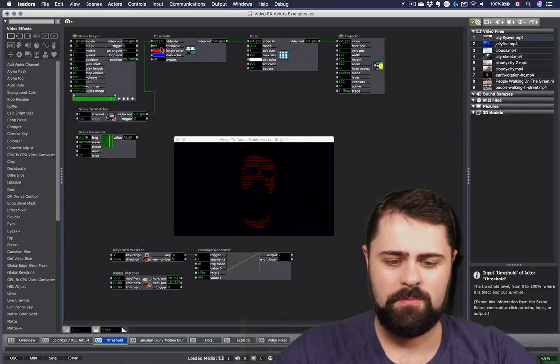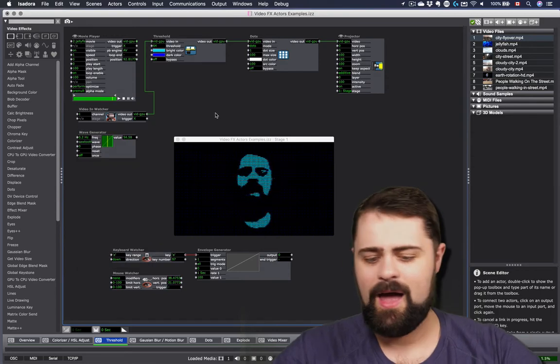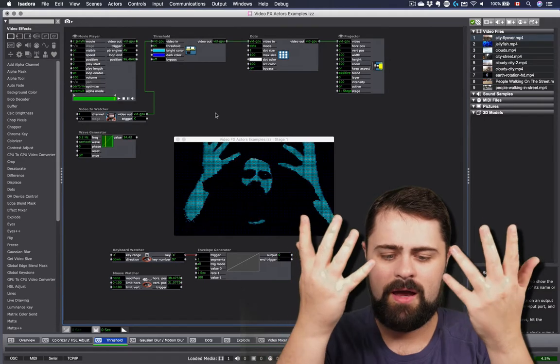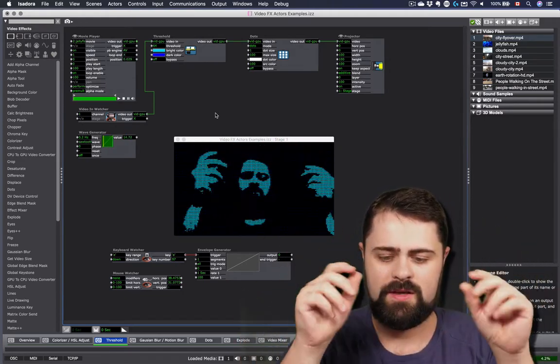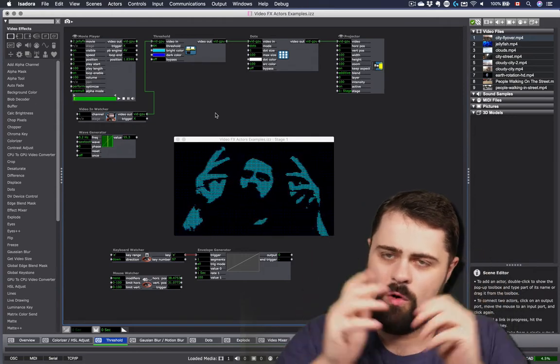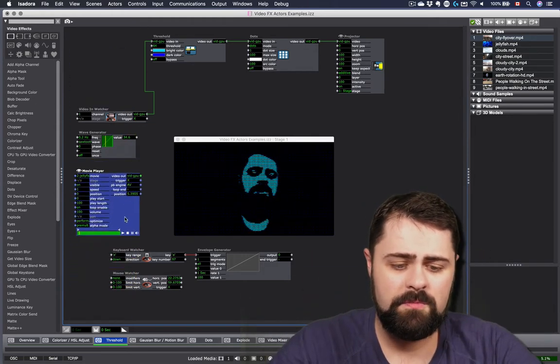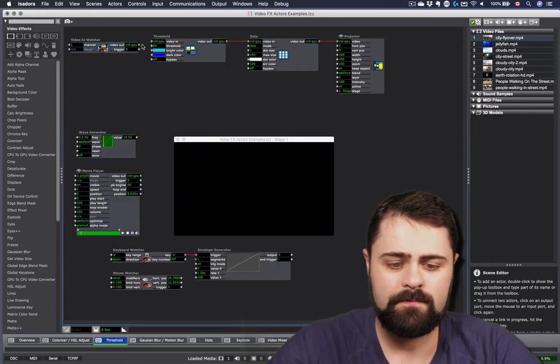Maybe if we change the bright color though to just make that a little bit more visible. Yeah, quite interesting, eh? Just with the way we can combine two actors together to produce a really interesting visual effect that is more than just the sum of its parts. And all I needed to do there was plug one actor into the next and into the next.